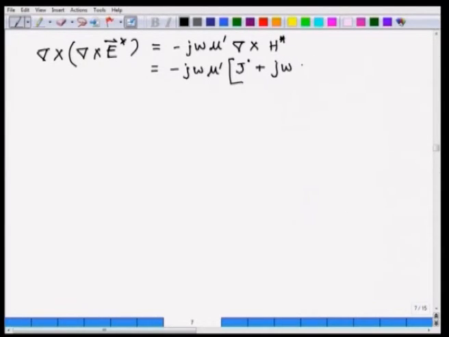D star, let us write as, or let us write two more steps and then do it. This is this quantity. Now, we are going to further expand this. This is equal to minus j omega mu prime. We will write this as sigma, the conductivity, times E, plus j omega epsilon naught k star times E. We will write this as follows. Let us look at the left side also. In fact, we can write this as